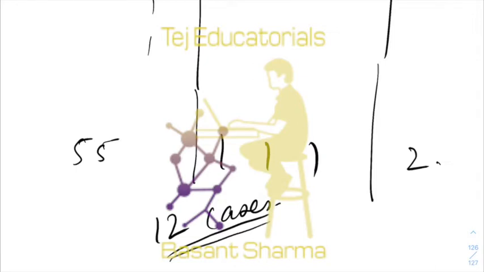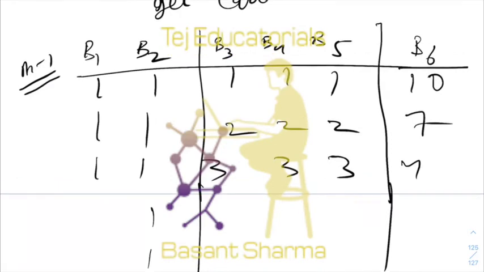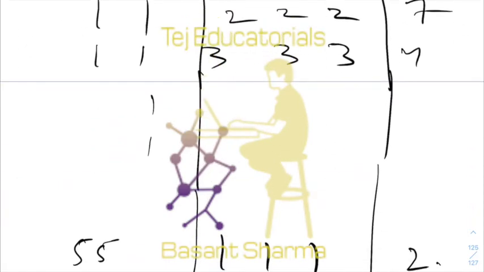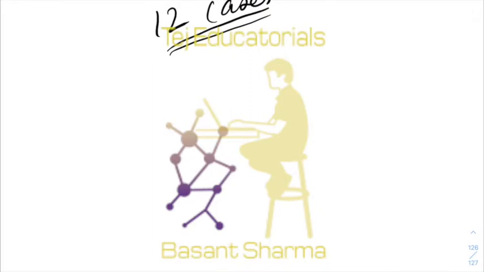Okay, so this is a very bad way of solving it. This is the brute force method. If nothing is clicking in your mind and you are not able to understand the problem properly, then you can do the brute force method, and if you have a lot of time you can use this method. So you have 12 cases. Second method is,